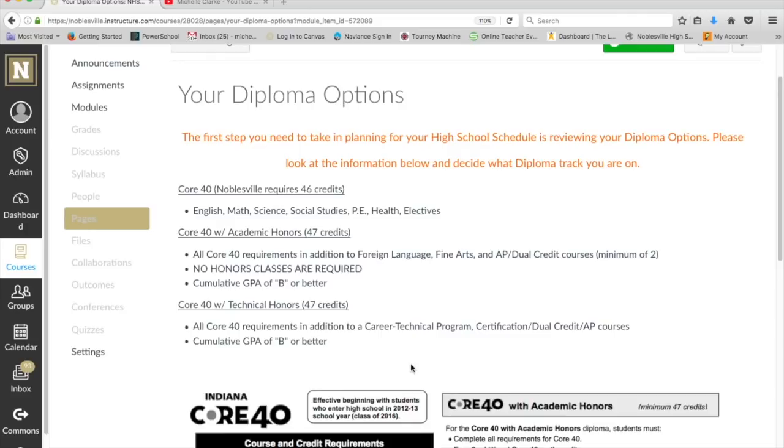Core 40 requires 46 credits, 40 credits, and then 6 extra for Noblesville. Those are extra elective credits. You'll get credits in English, Math, Science, Social Studies, PE, Health. The Core 40 with academic honors has 47 credits. All Core 40 requirements,